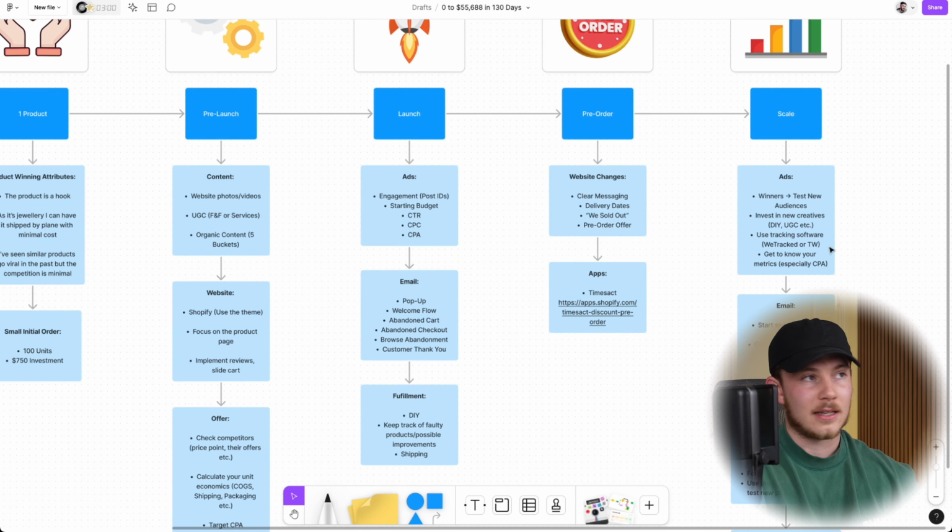Last but not least, scale. Let's start with ads. So with ads, through the course of running ads for the first few weeks, you're going to start seeing which are your best creatives, what are the best audiences and targeting that are working for you. And what you're going to want to do is get very, very clear on those winning ads, right? You're going to want to start creating post IDs so that you can start congregating all of the engagement. So people commenting, people liking, people sharing,